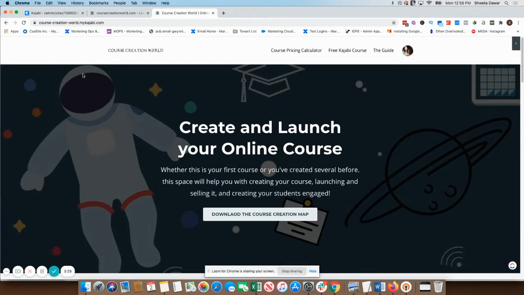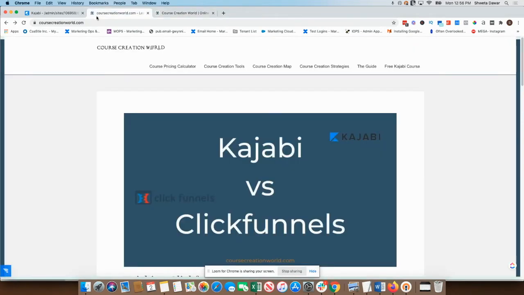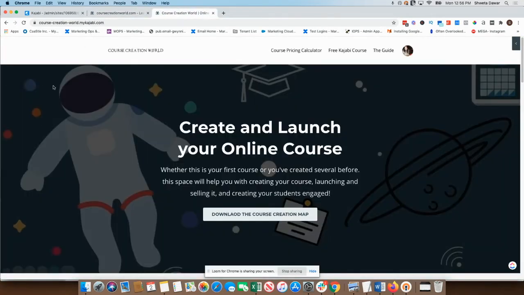Now, if you're using blogging or SEO as your main traffic source, I would highly encourage you to create a WordPress website. But if you're a service provider or course creator who doesn't use blogging or SEO as your main source of traffic, then Kajabi is really good, even to build a website. As you can see here, Kajabi SEO is not bad also. So I think if you're just getting started and you need a website up and running, Kajabi is a great place to build your website as well. It just took me like 5-10 minutes to make this edit, and it looks pretty much on brand.